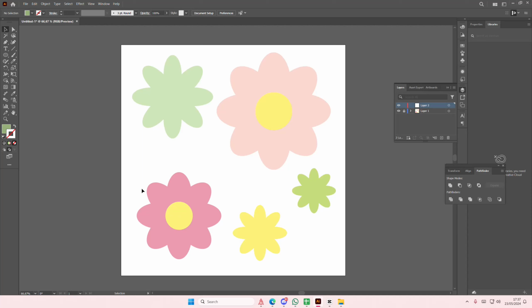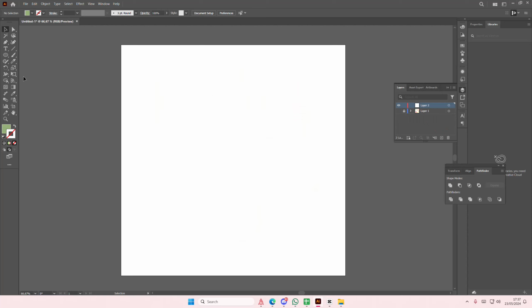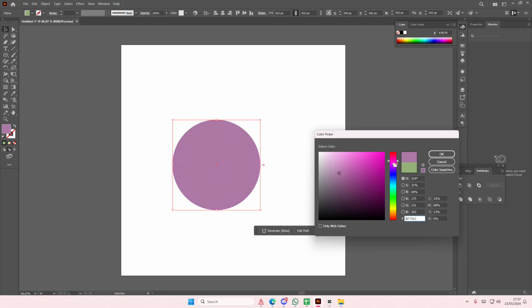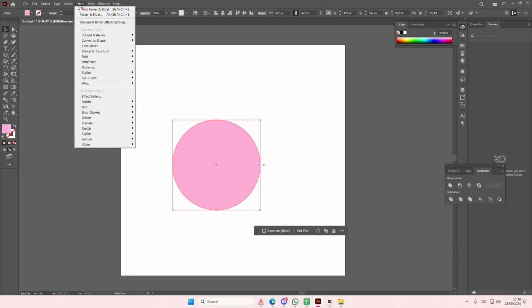In this video I'll be showing you guys how you can create really cool shapes like this in Adobe Illustrator. So I'll just close that first. First we are going to start with a basic circle, and then I'm just going to choose a different color for this. And then you are going to select